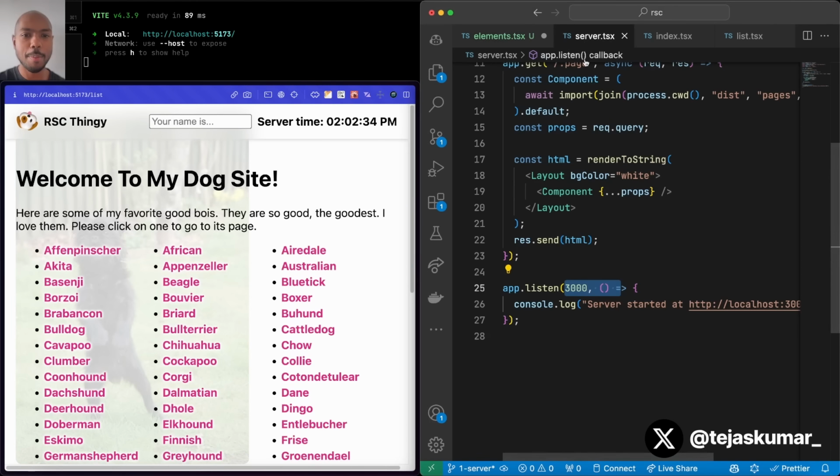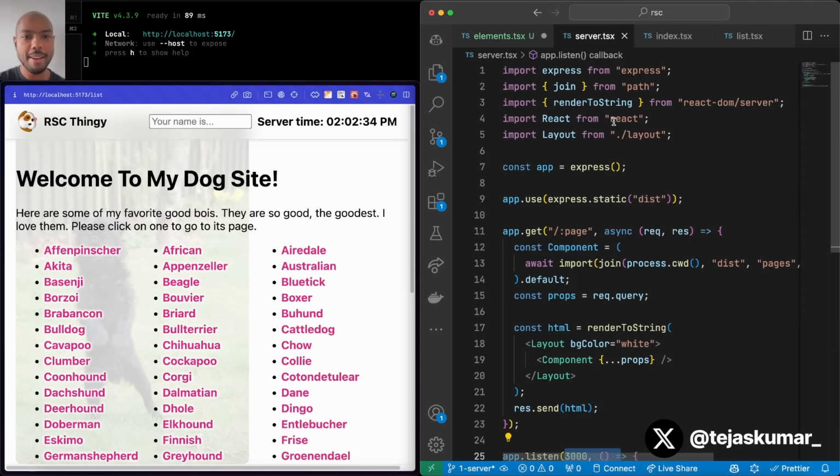Now let's talk about server-side rendering. To do that, we look at a very bare bones, very hacky server-side renderer to understand a little bit of the mechanism that is important to then understand server components. So to do that, we look at the server that powers this application. So we have Express. This could be Koa, this could be Fastify, this could be whatever you want, and some utilities, particularly render to string from React DOM server. Render to string is synchronous and really not the best API for this. You should ideally use render to pipeable stream or something, but for the purposes of education, we're sticking with that.